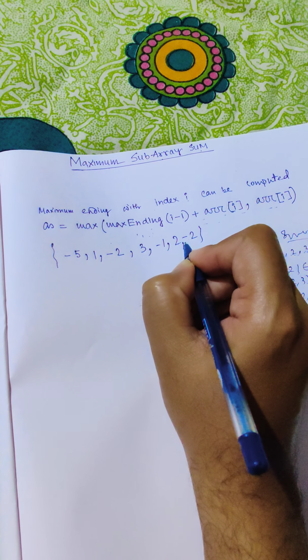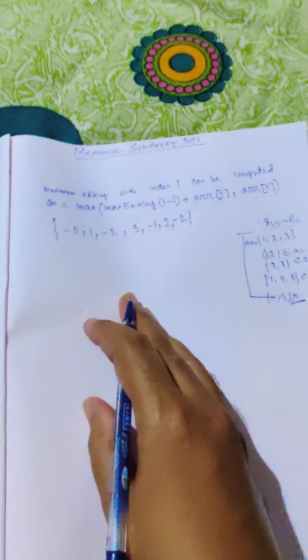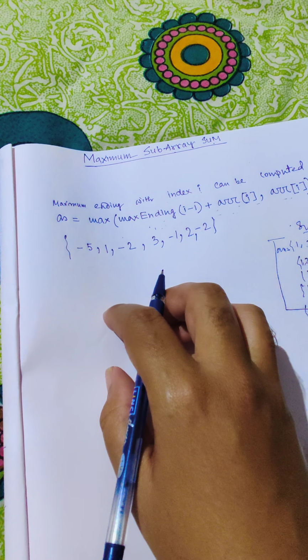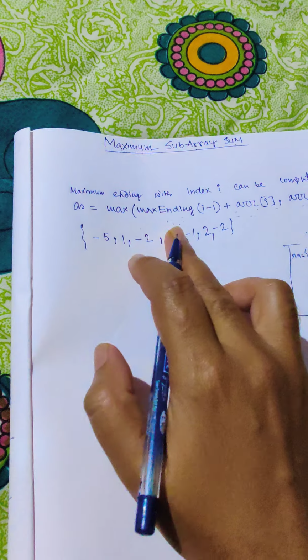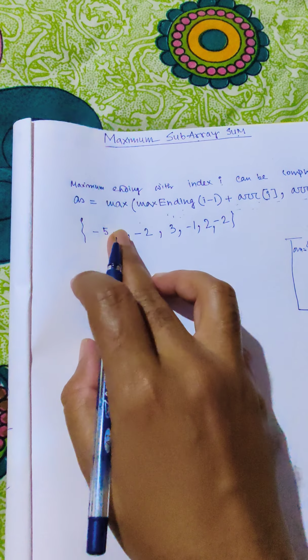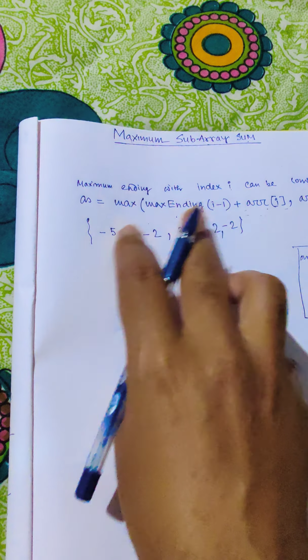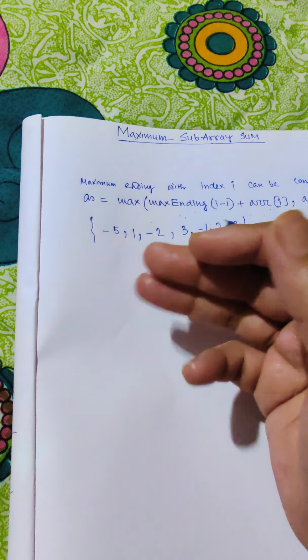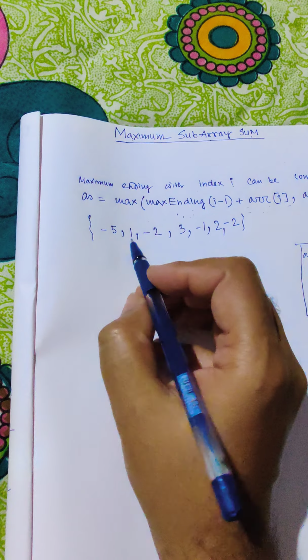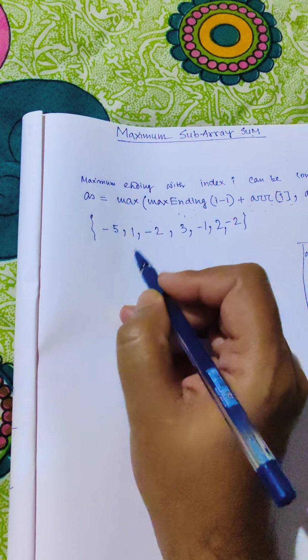Suppose we have something like that. Now the question is, when we are trying to find a solution, like we want to find a subarray which has the maximum value of summation, how should we attack this problem? Now let's understand it